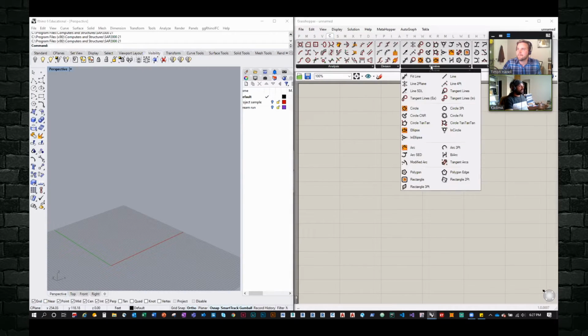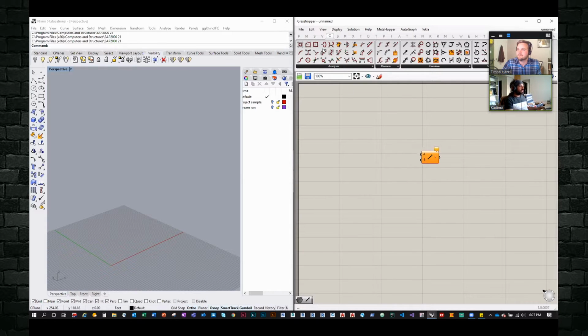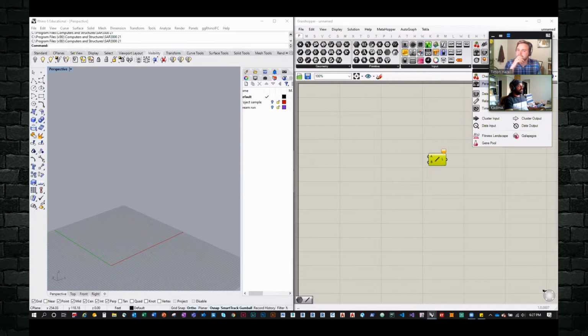So I go to curve, line 2 points. Obviously the line is going to require 2 points, so I need 2 points of input. If you go to the params tab and utility toolbar, there is the cluster input.